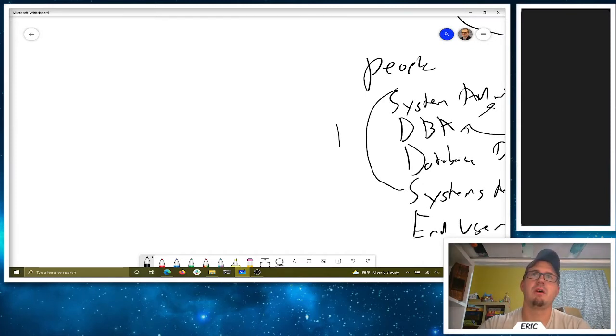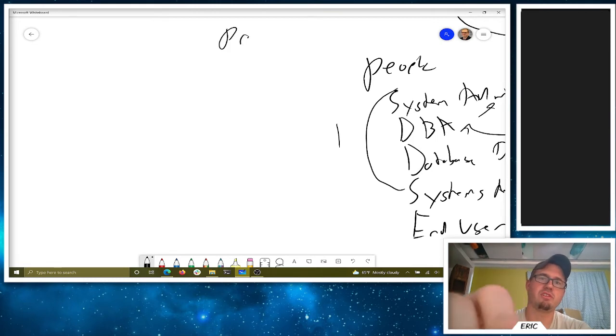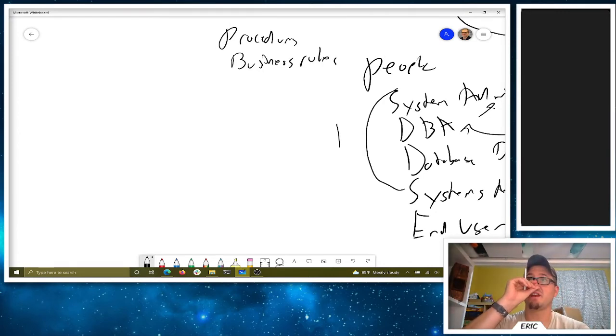Now the other pieces of the database system are the procedures or our business rules. Right? How does data get in? How do we interact with the data? What are the policies on how we're going to manage that data? How do we audit the data? What kind of things are we going to do with it? And this is one of the questions that comes up in the discussion, is who ultimately has the rights to